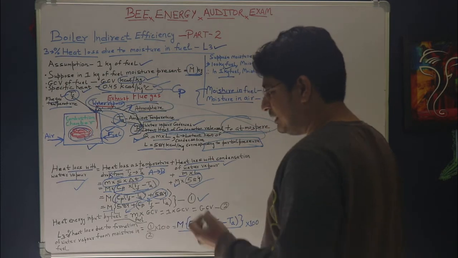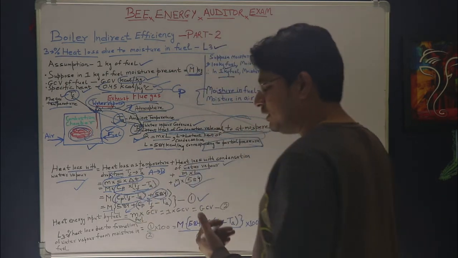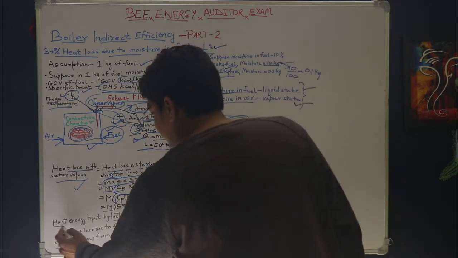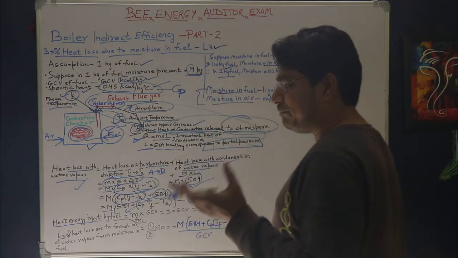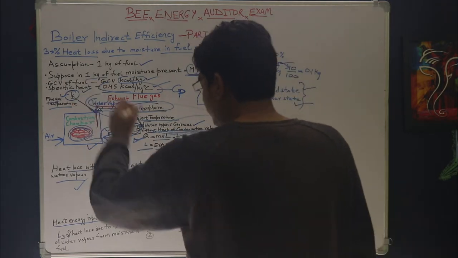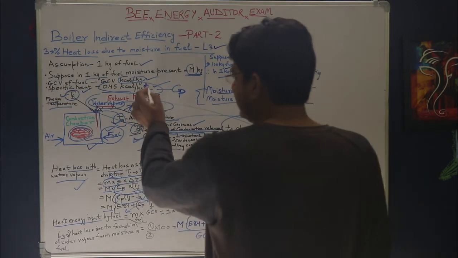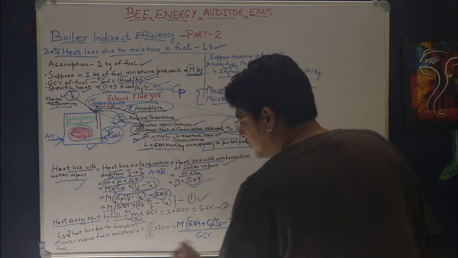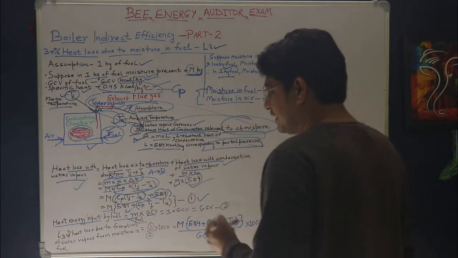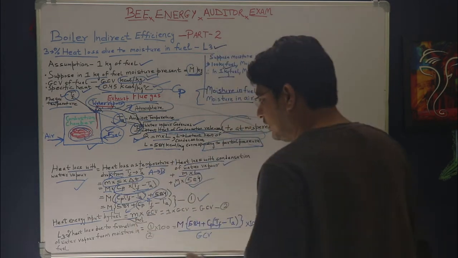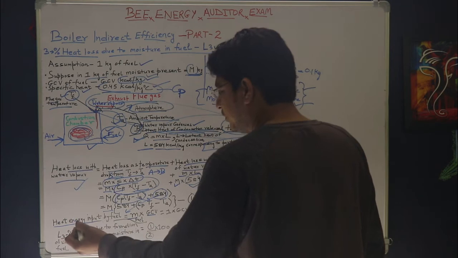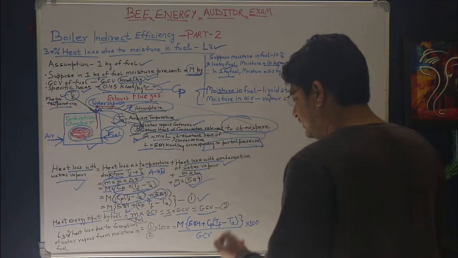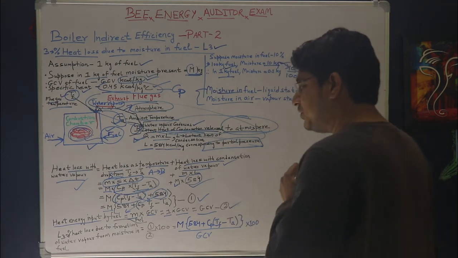Now I will consider the amount of heat energy input by the fuel. Then only I can calculate the loss percentage. So what will be the heat energy input by the fuel? Now my basic assumption is 1 kg of fuel, and the GCV of the fuel is GCV, as you can see here. So heat input by the fuel will be mass of fuel multiplied by GCV. But I have assumed 1 kg of my fuel. So accordingly, what will be the heat input to the system? That is 1 multiplied by GCV, and that you can write as GCV itself. This will be my equation 2.